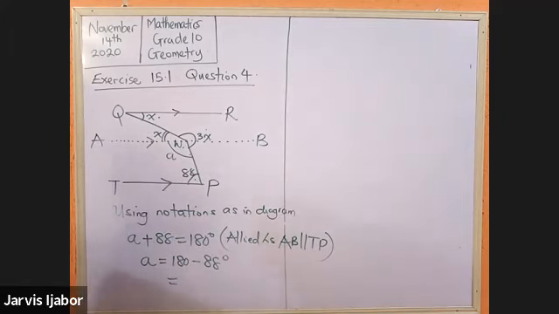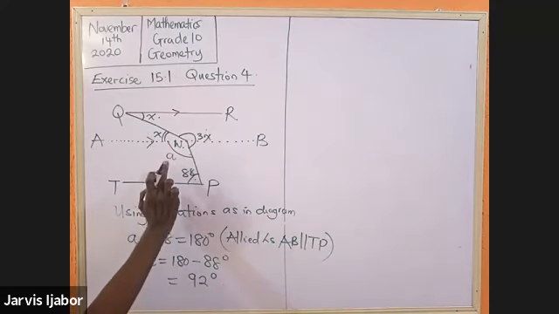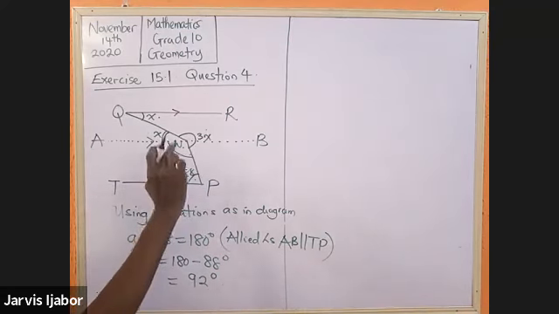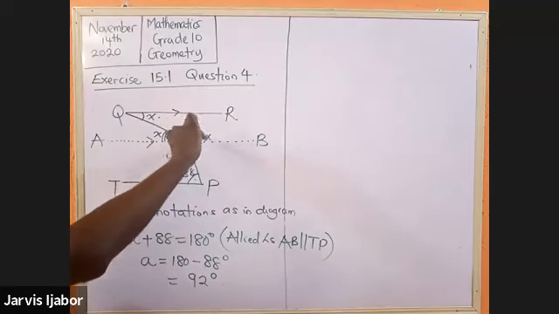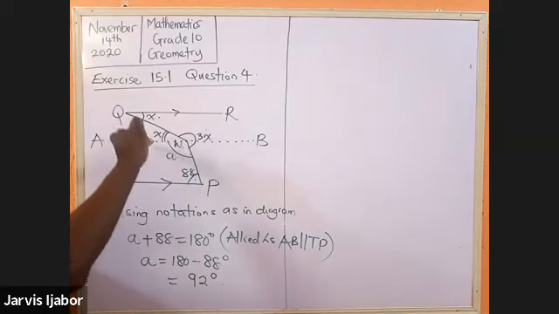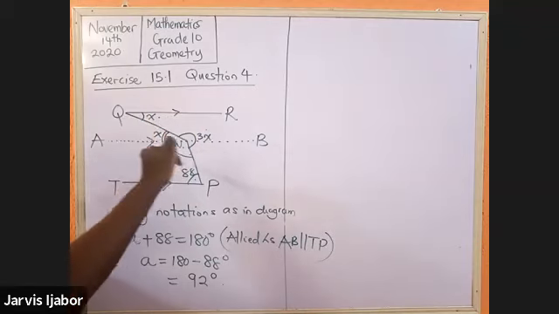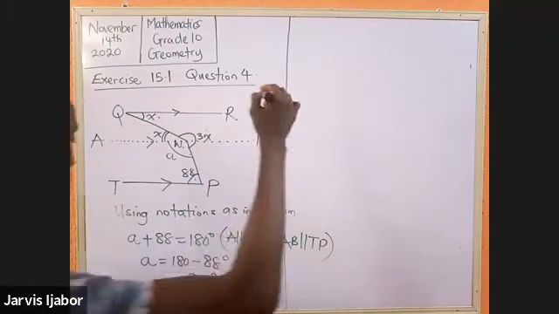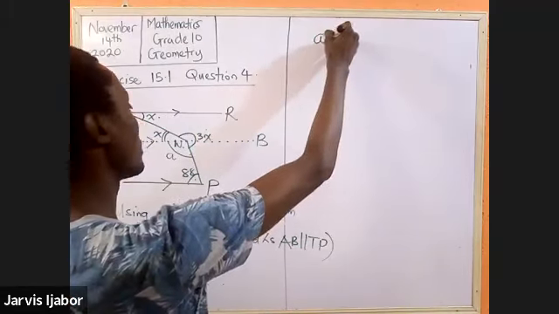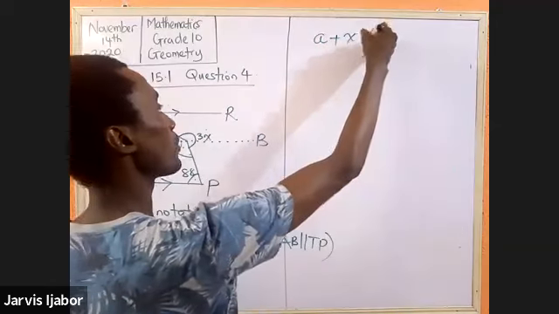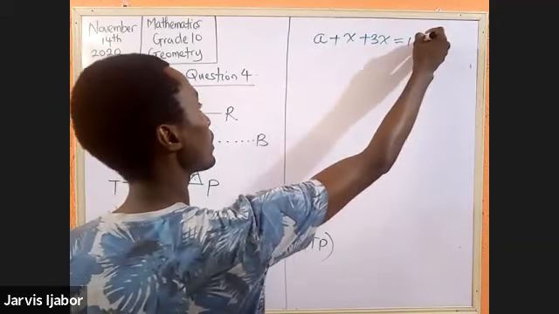You do your relevant subtraction, and that will give you 92 degrees. Now, this is just the first phase of what we have done. You've gotten this angle now. The next thing to focus on is that we know that angles at a point add up to 360 degrees, all right? So we will say that A plus X plus 3X will be equal to